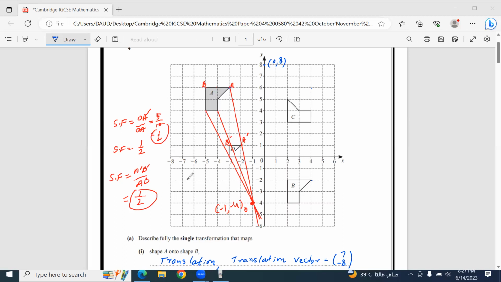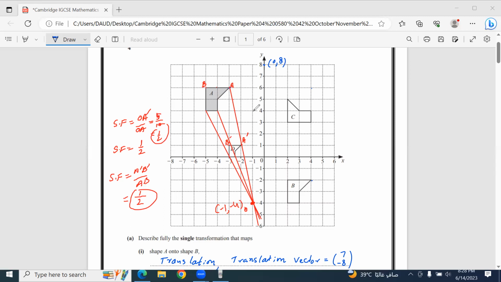Remember that your scale factor is between 0 and 1 only when the image is smaller than the object. When the image is bigger than the object, that means your scale factor must be more than 1. And if it is negative, then your center of enlargement is always between the shapes, the object as well as the image. So we will write the answer